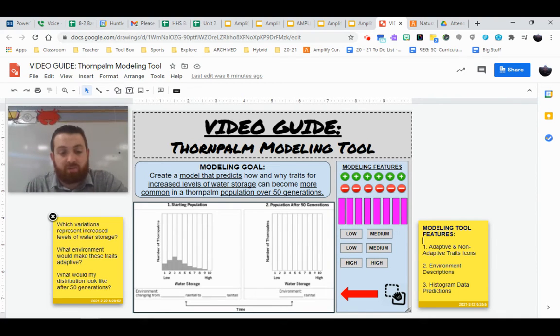specific environment. Now, when we do this, we need to obviously have that set of traits found in our population after 50 generations. So ask yourself, what would my distribution of those traits look like after 50 generations? So to start, we're actually going to come down here to the very bottom and think to ourselves, what kind of environment would lead to increased levels of water storage becoming more common? So down here it says environment